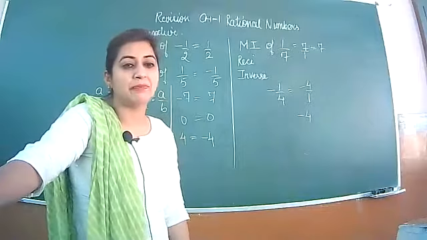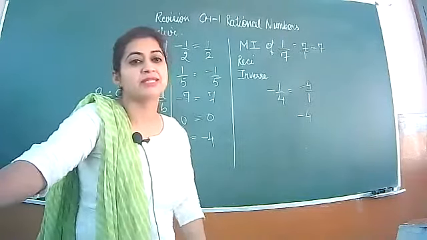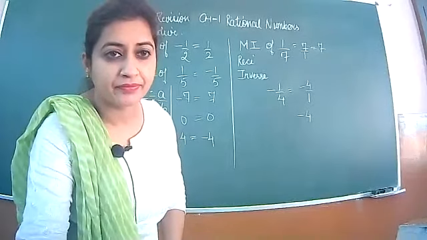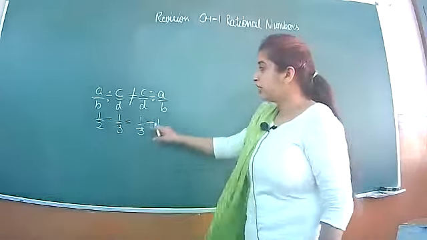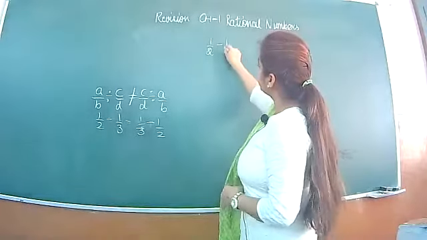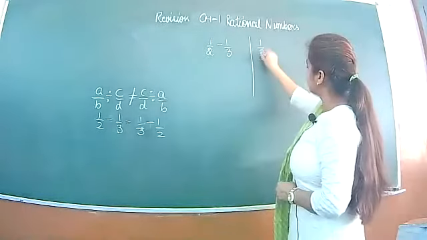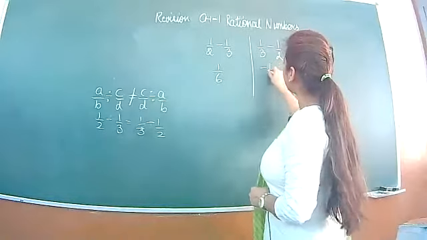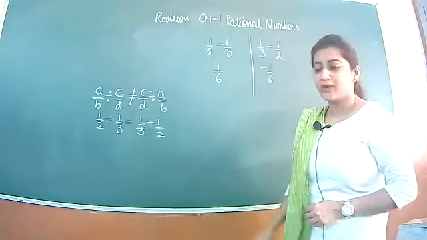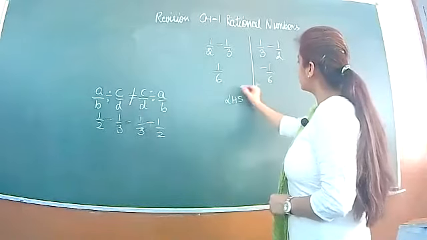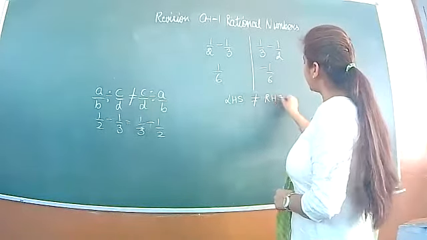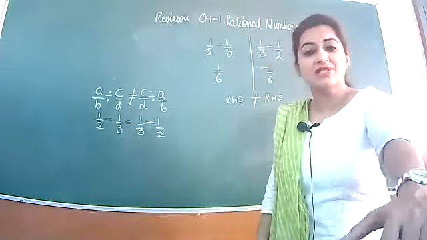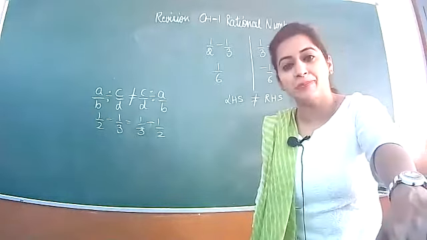Can you give me one example that shows that subtraction is not commutative? Can you show that? If we take these two numbers, in case of subtraction, Ma'am, no, it is not equal. Okay, the answer is 1/6 here, and here the answer is minus 1/6. Okay, so left hand side is not equal to right hand side, hence commutative property doesn't hold for subtraction.